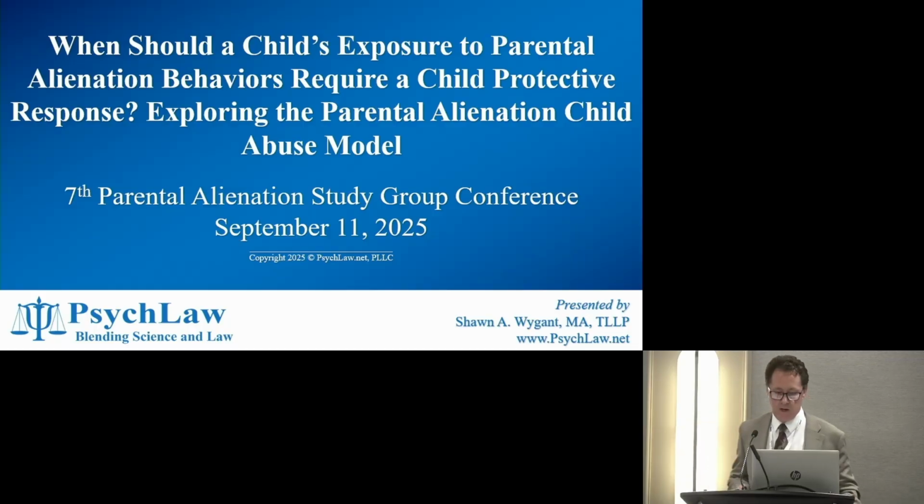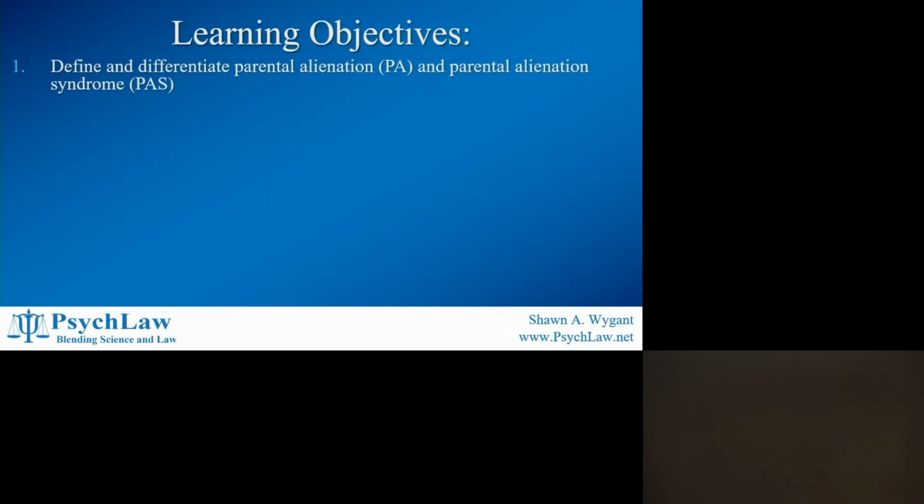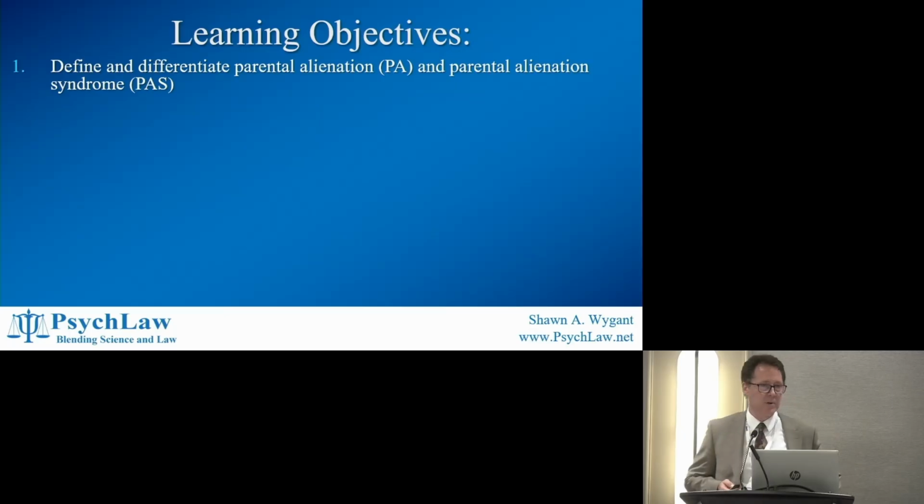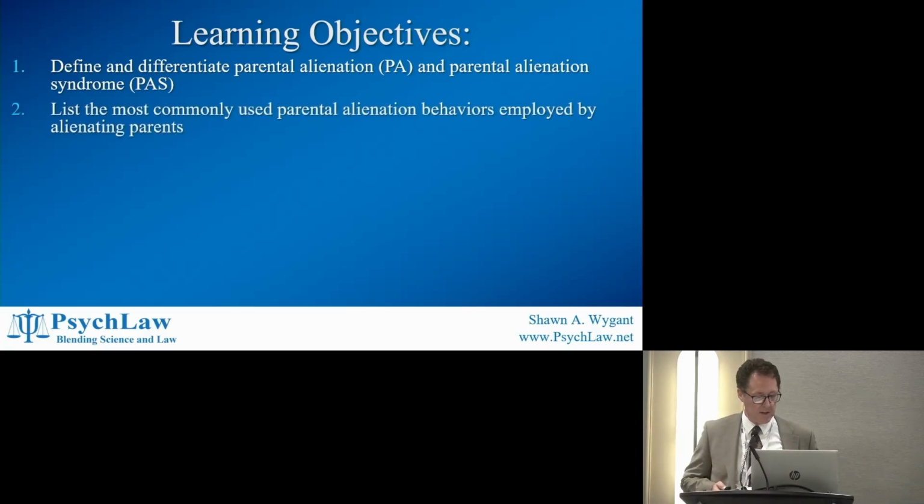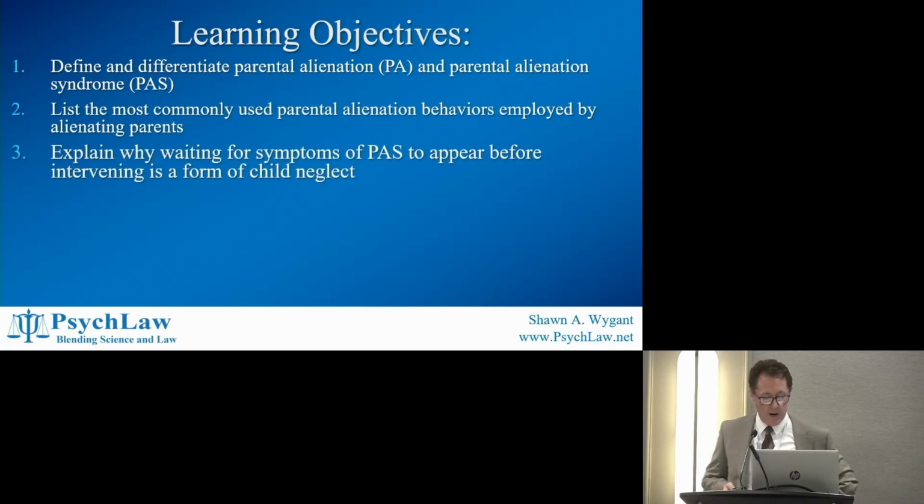And that's what my research over the past 18 months has looked into, doing a survey of all 50 states, including the District of Columbia. So today our learning objectives are to define and differentiate parental alienation and parental alienation syndrome, list the most commonly used parental alienation behaviors employed by alienating parents, explain why waiting for symptoms of parental alienation syndrome to appear before intervening is a form of child neglect,